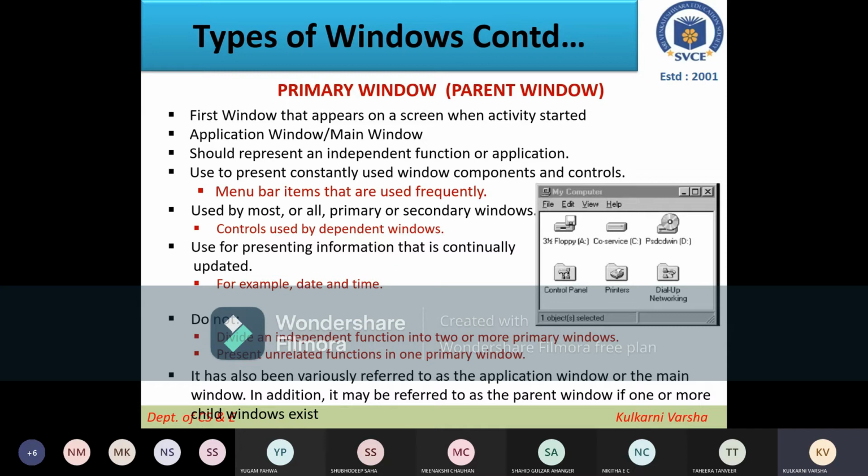When you open My Computer, through this you will be going to different places. If you consider My Computer as one application, or your laptop or any computer when you open it, this can be considered a primary window for the application, through which you get access to the control panel or the like. This is one example, but a very generic one.